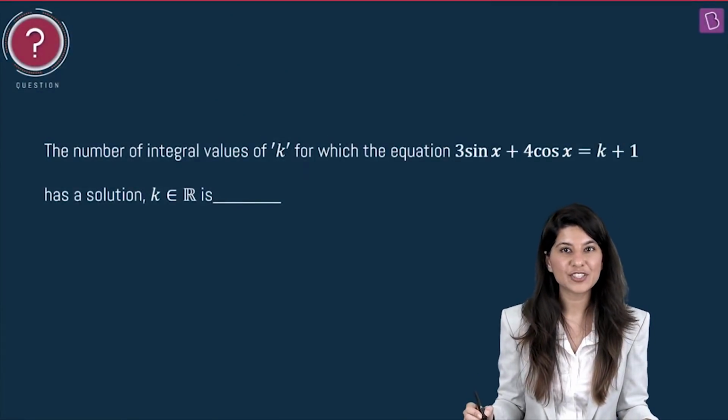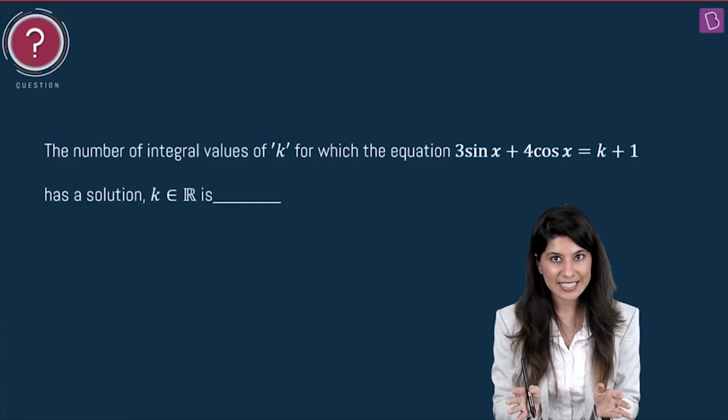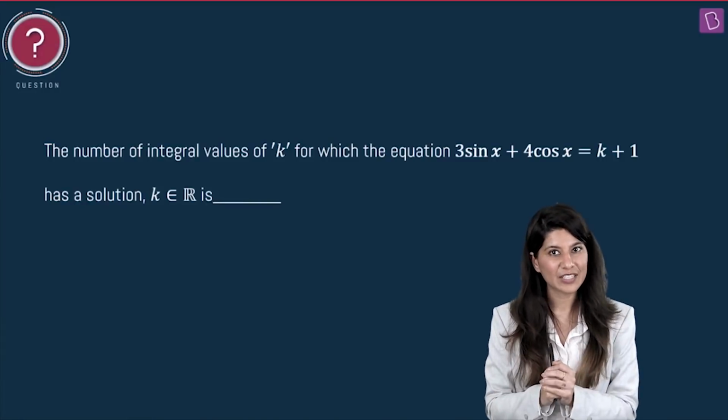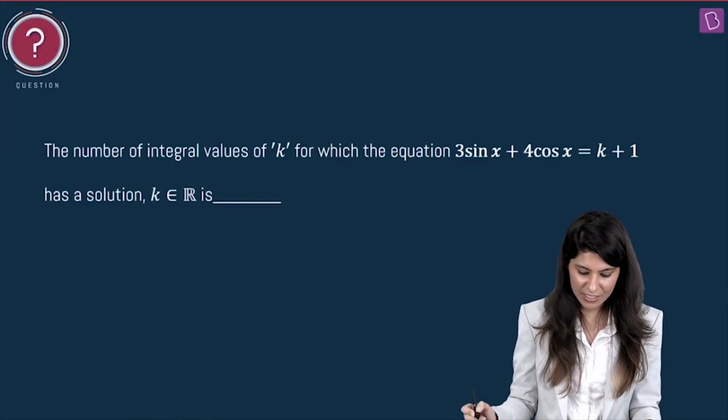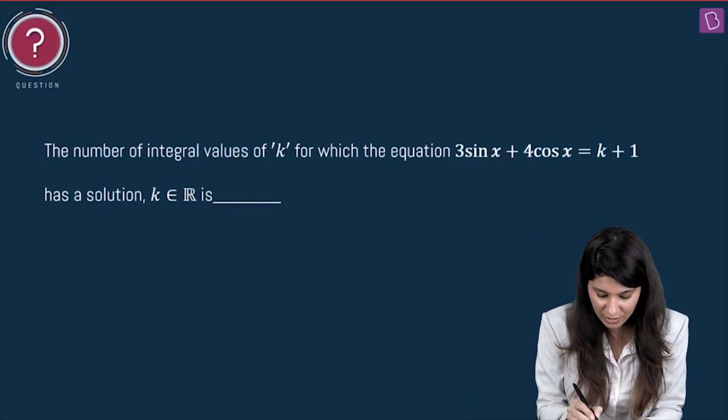Let's move on to section 2, which is numerical answer type questions. There are total 10 questions in this section. We need to pick only 5. We need to attempt only 5. Okay, let's begin. The very first question is from trigonometry, which says we need to figure out the number of